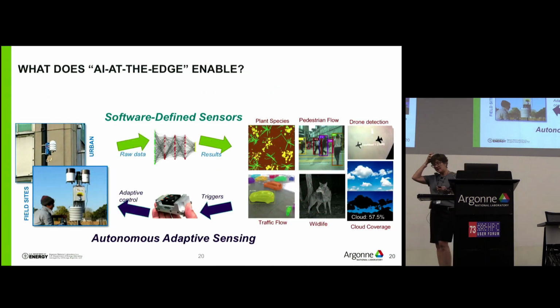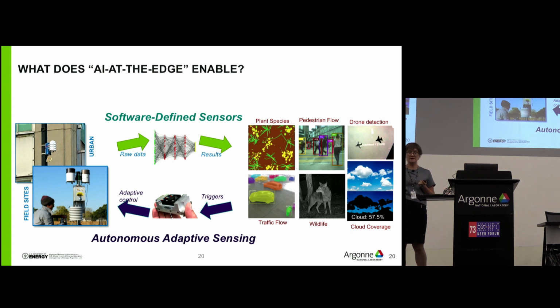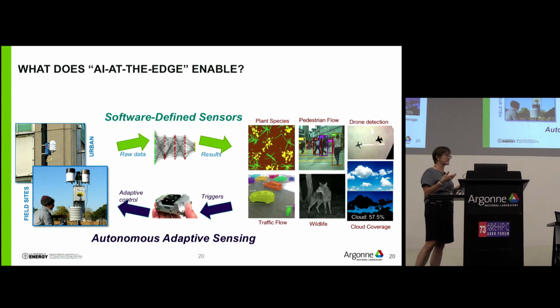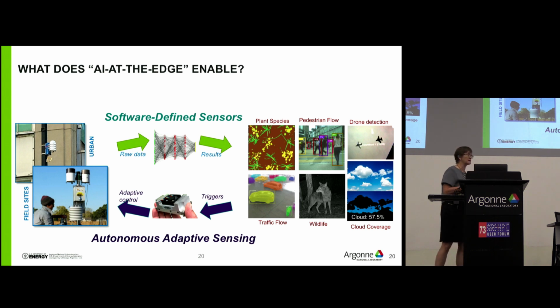So what we can do now is we can define software-defined sensors where our node, as I said, is open source and easily extendable. We can deploy different software to answer different questions with these software-defined sensors that are based on the algorithms used to analyze our image data or our audio data. I won't talk about audio today, but there are also audio things. So right now, we can do things like on the Chicago Botanic Garden's roof deck. They're looking at how different plant species handle different levels of moisture, and we have platforms up there looking at plant species. We can look at pedestrian flow, traffic flow, wildlife in the city.